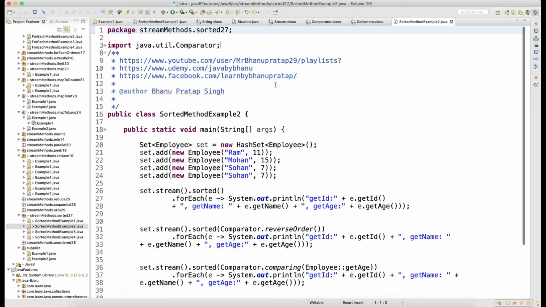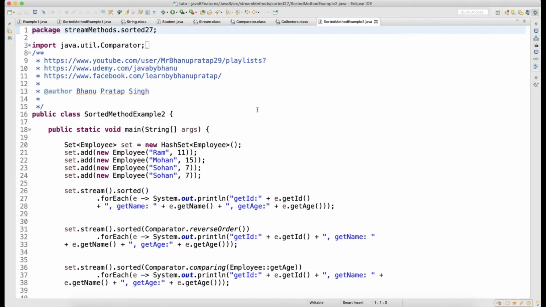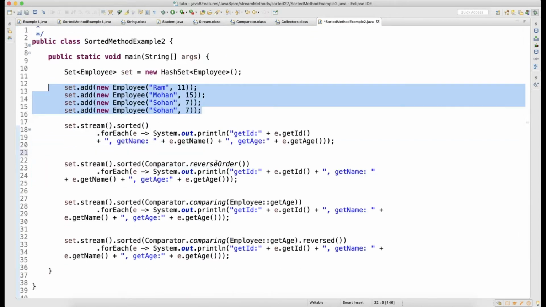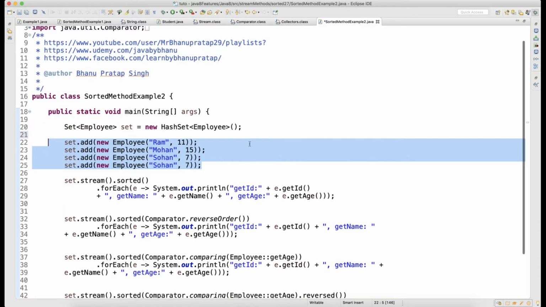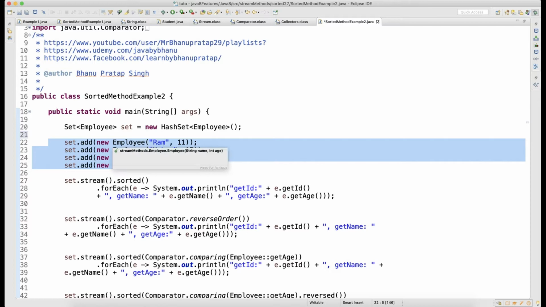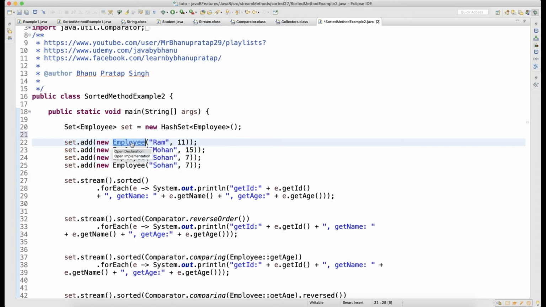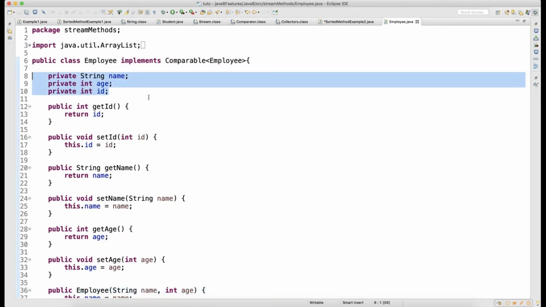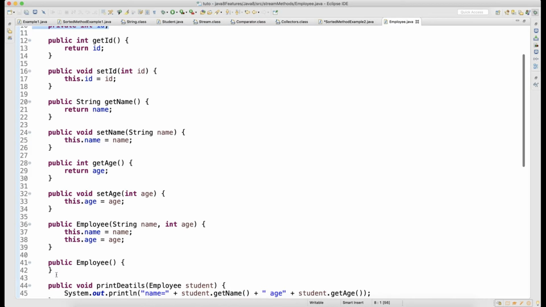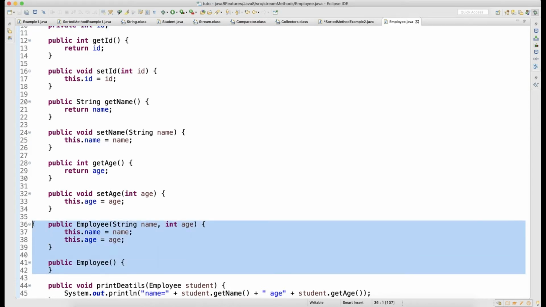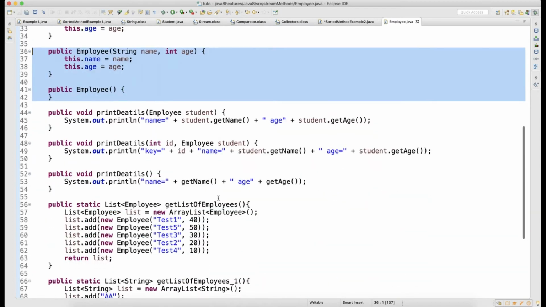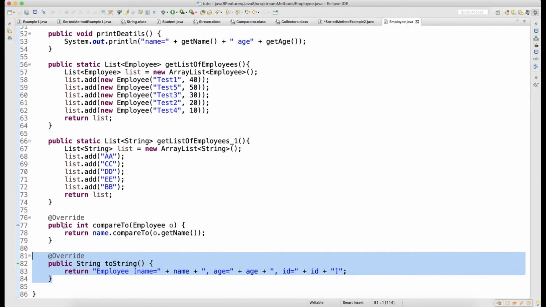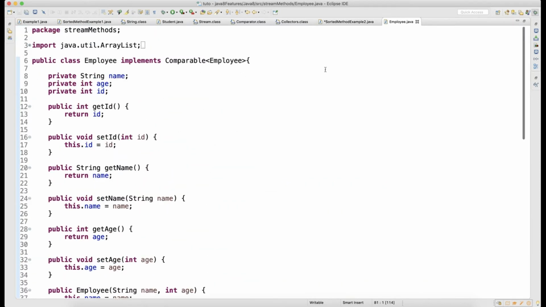Let's see the second example. In the second example, if you look, it's a hash set, okay? And the hash set has an employee, right? Employee is the class which I have created in my project. So press Ctrl C, the employee will have only 3 arguments, name, age, ID, but there are 2 constructors. One is default, one is parameterized. Parameterized is taking only 2 arguments, name and age, okay? And yeah, these methods I have already used a lot of times. And then I'm overriding the toString. So this is not something I have to explain. This is the core Java concept, you guys know that.